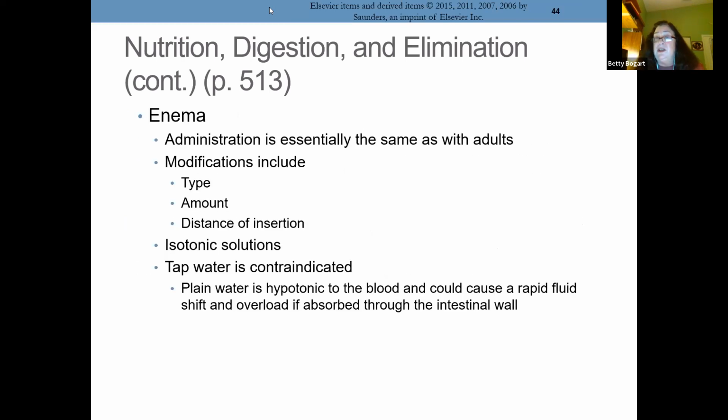Enemas can be given to children. The one thing a child can do is control their bowels, believe it or not. You're like, well, I've seen 7 to 10 days with no bowel movements on kids. And you do an x-ray and you see the whole descending, transverse, and ascending colon full of stool. You're like, that must really hurt. You can feel their bellies. You can feel the stool in it. It's like, why do they go so long? Well, what they say is